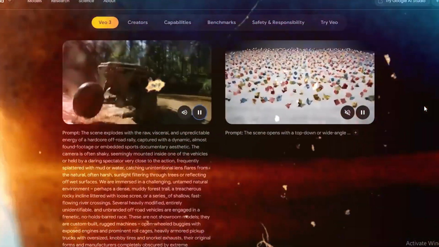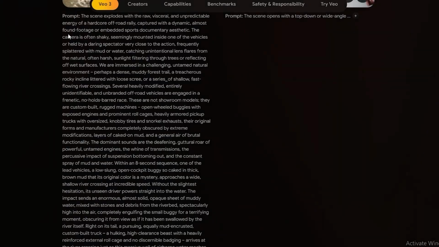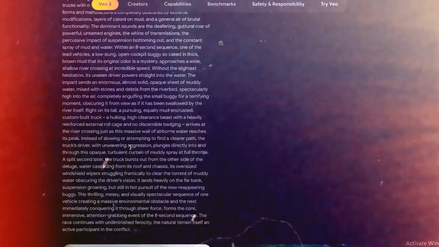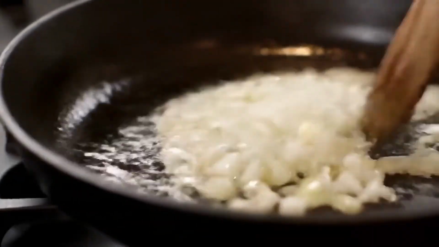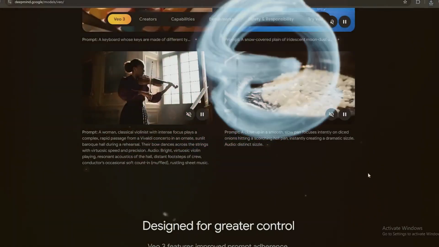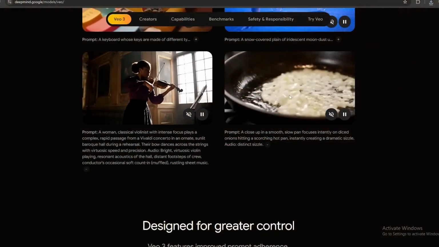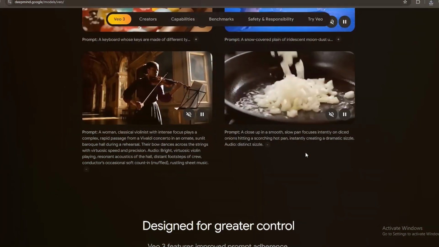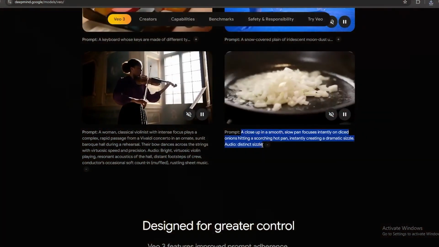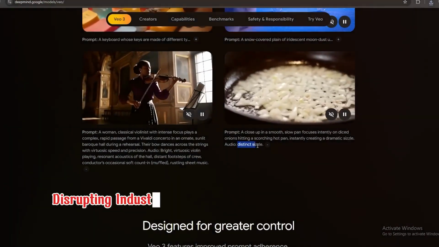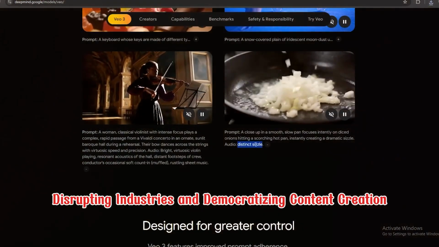This capability opens up a world of applications, from entertainment to education, marketing, and simulations. Imagine a science lesson where a volcano erupts with realistic visuals, narration, and rumbling sounds, all generated from a simple prompt, or personalized advertisements where visuals, voice, and music match the target audience's preferences instantaneously. The potential is staggering, disrupting industries and democratizing content creation.